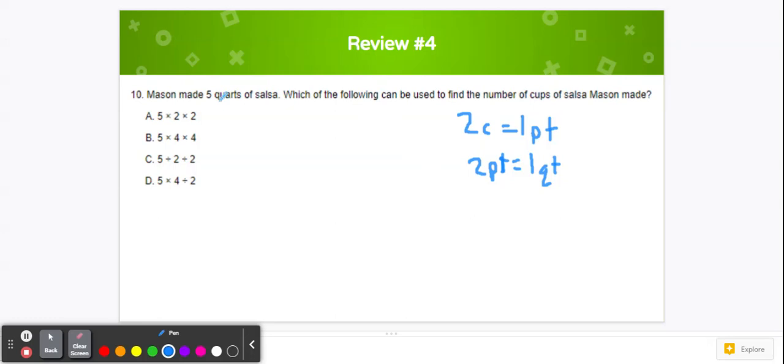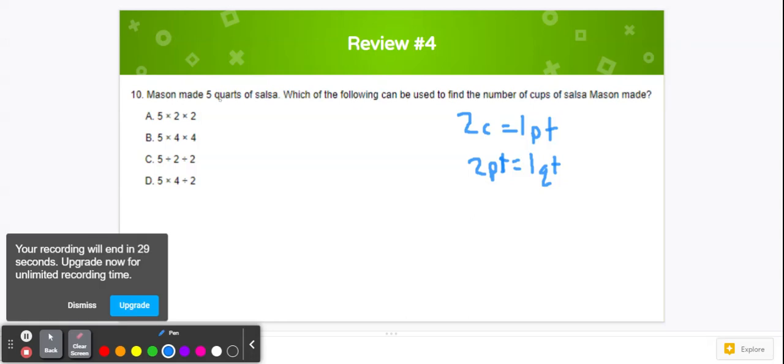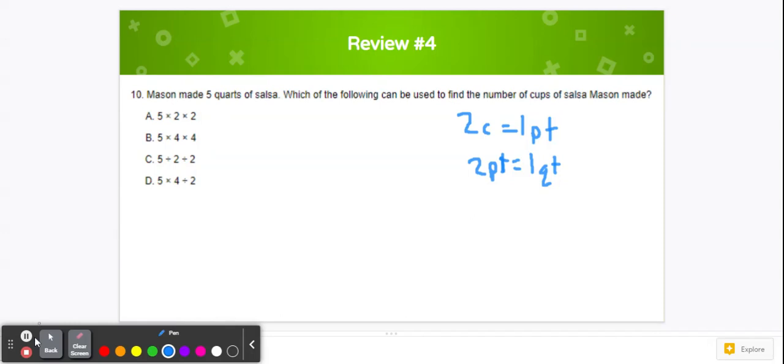So to go from cups, or in this case, we're going from quarts to cups, we're going from a large size to a smaller size. We are going to multiply. So remember, when you go from a big to a small, we multiply, because there's going to be more cups than there are quarts. So we know that it's not going to be one of these two, because these use division, and we do not want to use division when we go from a bigger size to a smaller size. We're going to multiply. And I know that there's 2 pints in a quart, so that's times 2. And there are 2 cups in a pint, and that's times 2. So if I do 5 times 2 times 2,